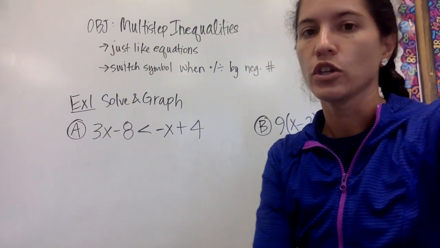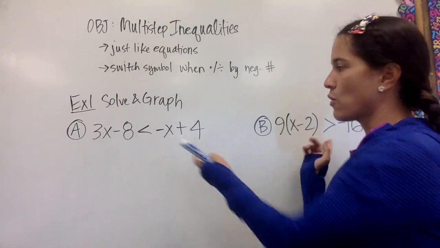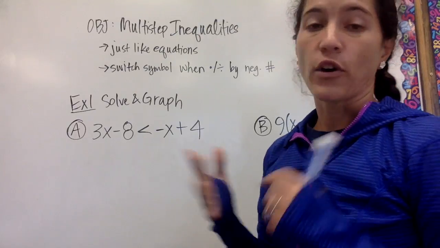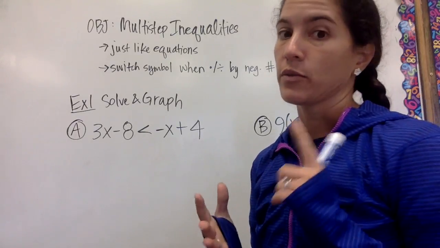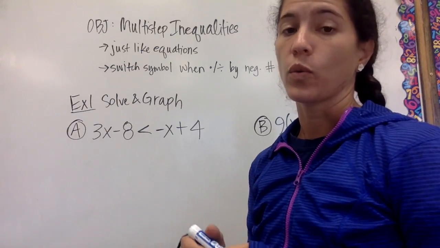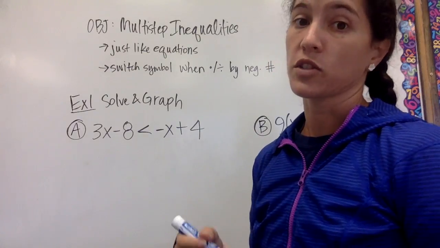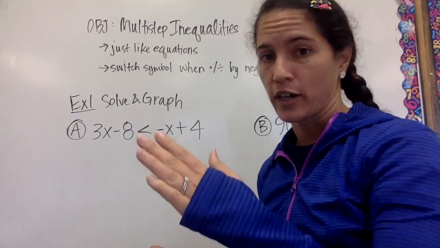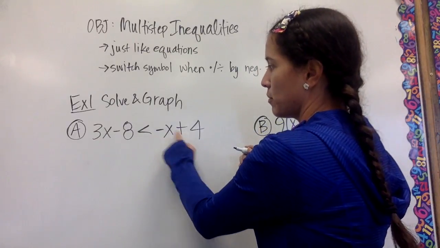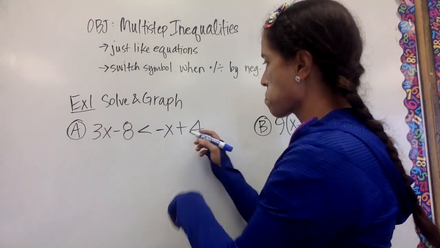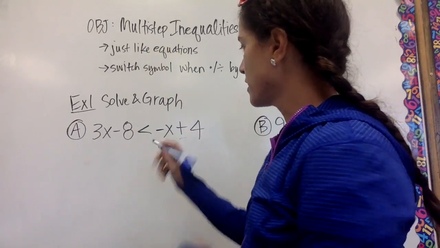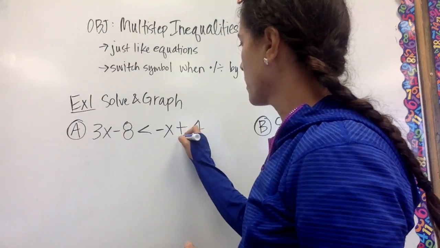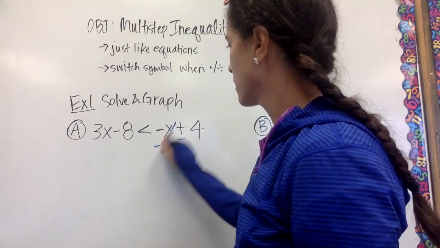So we have two inequalities, so I'll start with A. Notice we have variables on both sides. We don't have any fractions, we don't have any decimals to clear, we don't have any distributive property, so really we're going to solve. I like my variables to be first, so I'm going to move my variables to the left. So I see I have a plus negative x. So I'm going to minus, I'm going to minus negative x,